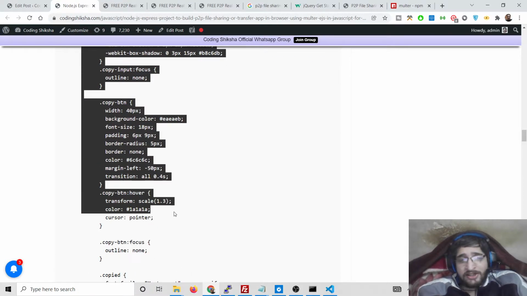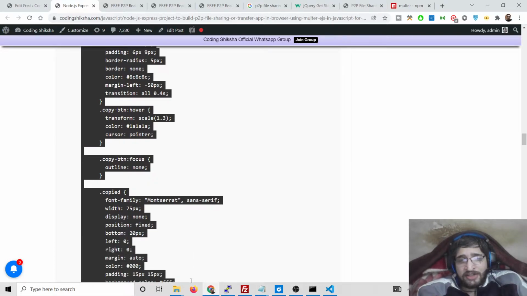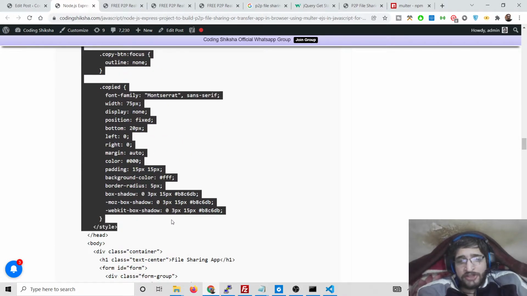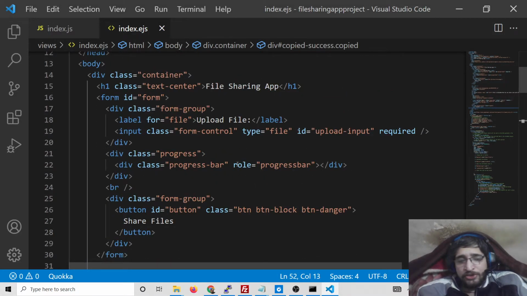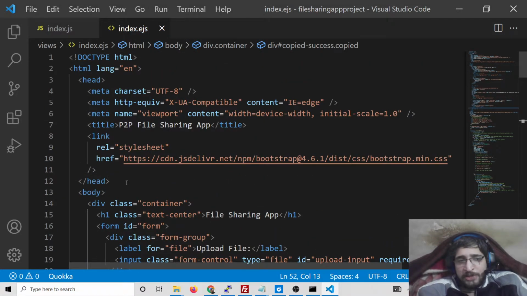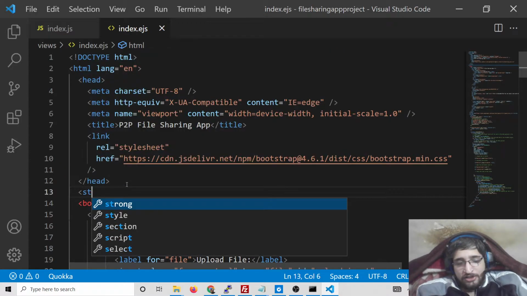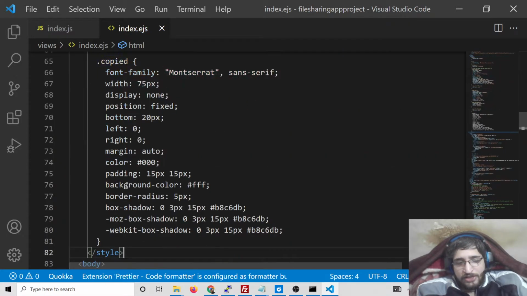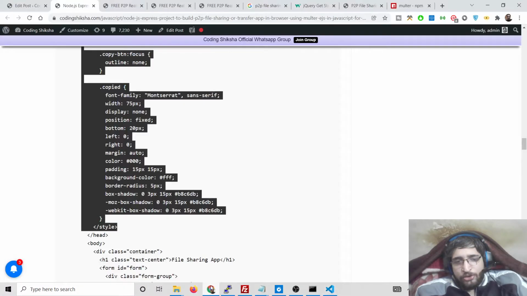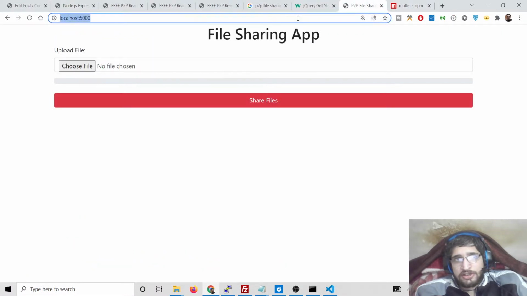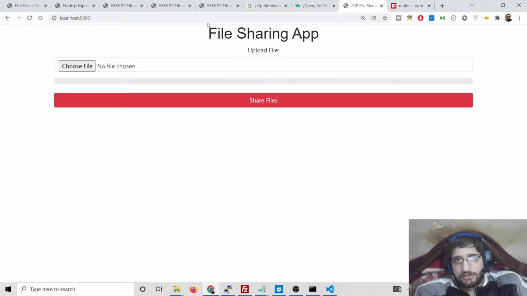I don't need to write these static CSS guys. This is not the motive of this video, so that is why I'm just copy pasting it. The main motive is to show you the backend, which is Node.js and Express, and how the business logic of this application works. So this is just for styling purposes. You can also make your own styling. So just copy paste it after the head tag. Just make it. And now basically if you open this, you will see inside your application,